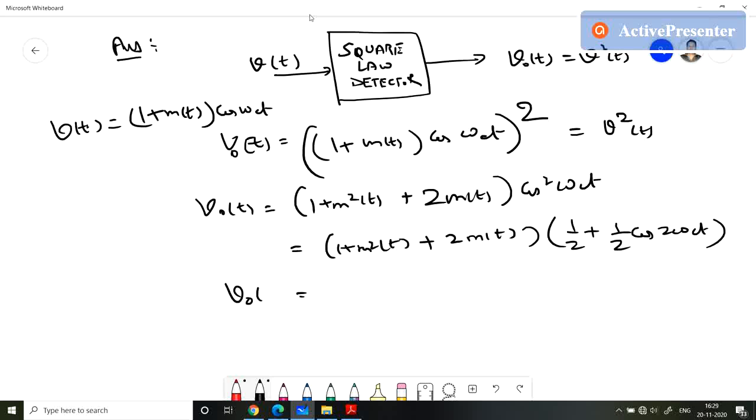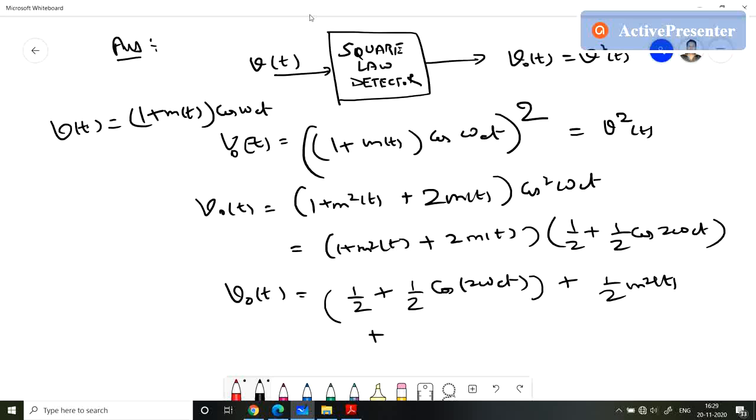So what we are getting finally is V0(t) is equal to 1 divided by 2 plus 1 divided by 2 cos 2 omega ct plus 1 by 2 m square (t)